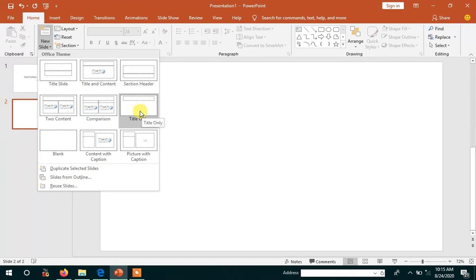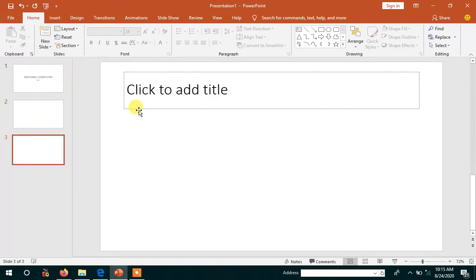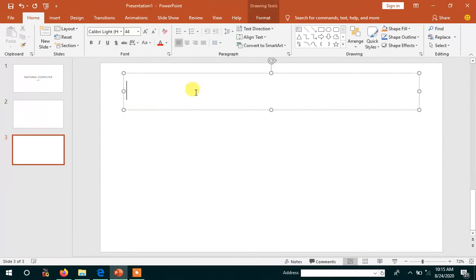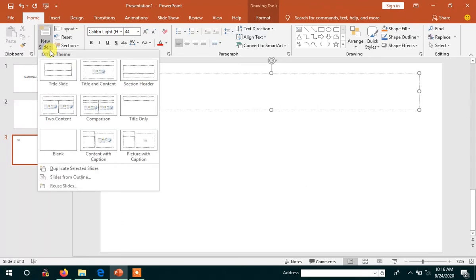First of all, we have to take the title only. What the title? See, the title is NC, National Computer. In the National Computer, I have to take this title, and by this way we are going to add whatever slide you want. Okay.